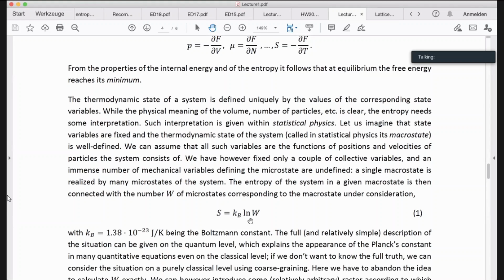There are different approaches to explanation of this postulate. Let's assume it as a postulate, because I don't have time to go deep into statistical physics. One is to derive it from mechanics. And this is what Boltzmann tried in 1860, I don't remember, I think 62, 63. And